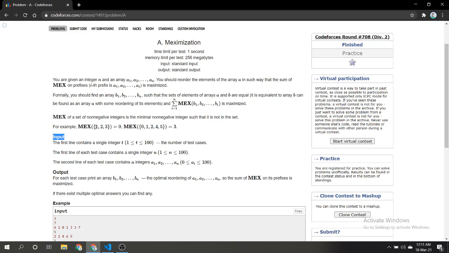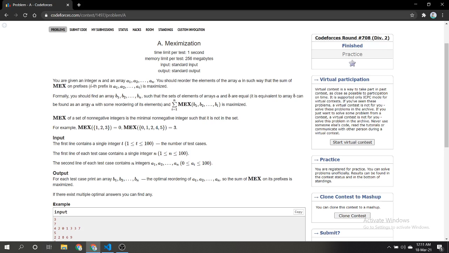So for example, in this array 1, 2, 3, max is 0. In this array 0, 1, 2, 4, 5, max is 3 as 3 is not existing and it is the smallest non-negative number. So now let's come back to the problem. We want to reorder our array such that the sum of max on prefixes of this array